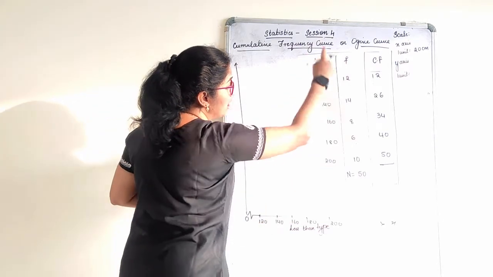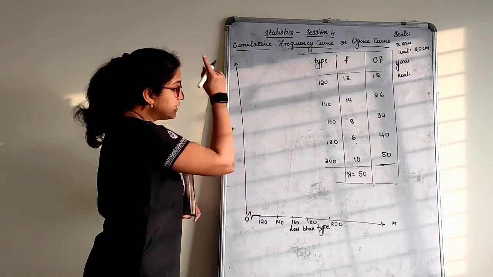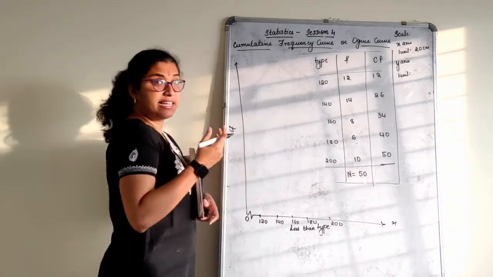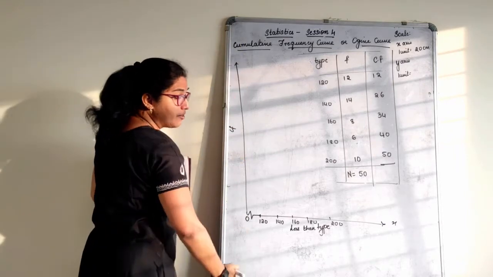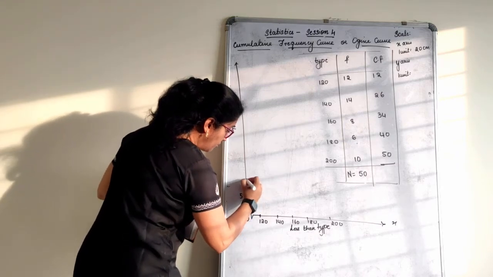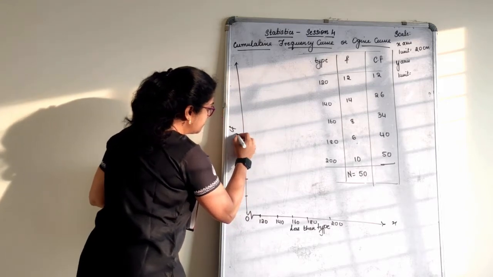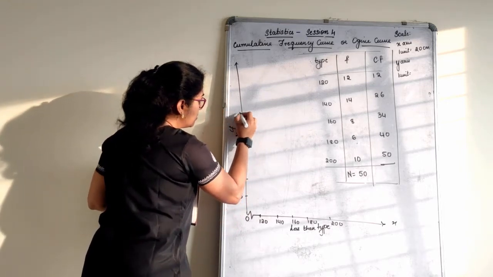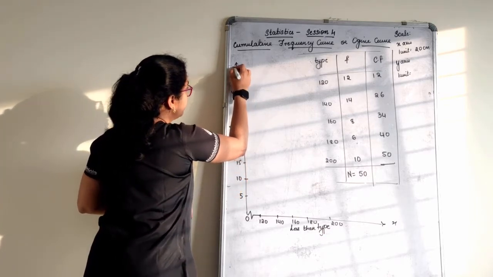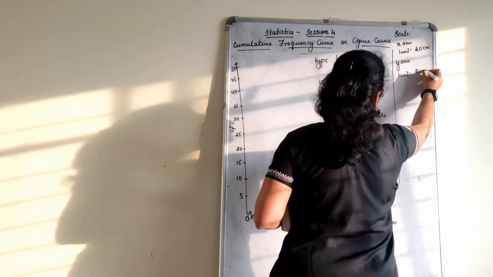The next part, the cumulative frequency we have to calculate. It is 12. I think you can go 2, 4, 6, 8, but if you take that, it will be too big. So 5, 10, 15 we can consider. It's again left to you. If you want to plan your graph right from the beginning, that's up to you how you take. I will take 5, 10, easy for marking. 10, 15, 20, 25, 30, 35, 40, 45 and 50. So my y-axis is 1 unit is equal to 5 centimeter.